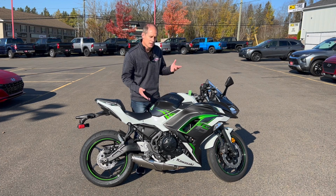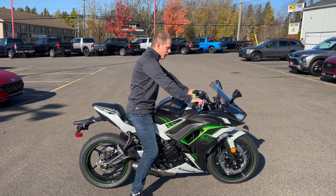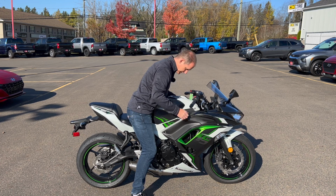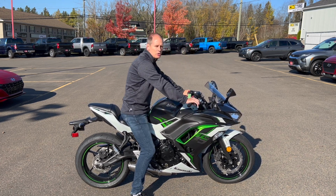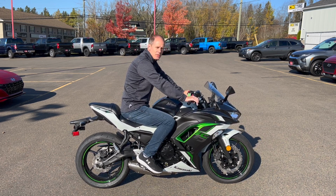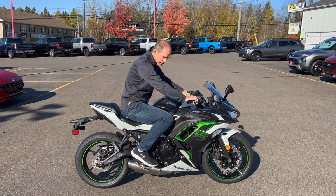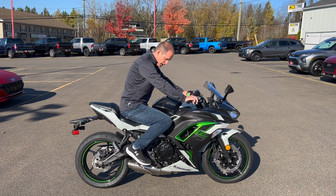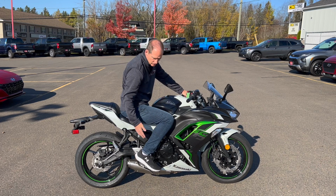So speaking of being narrow and comfortable, on a typical sport bike, you've got your clip-ons kind of down here. You're just really tucked into the tank. You're really low. They're kind of back. It's just not a comfortable long-term position. But you can see here, when I jump on, foot on the brake, a couple things I like about this over the Ninja 400. You've got a little bit more heel room. Again, the heel, if I put my feet way back on the Ninja 400, would sit right near the heat shield on the exhaust. Here, because the exhaust is underneath, centralized weight, I've got a really good seating position here